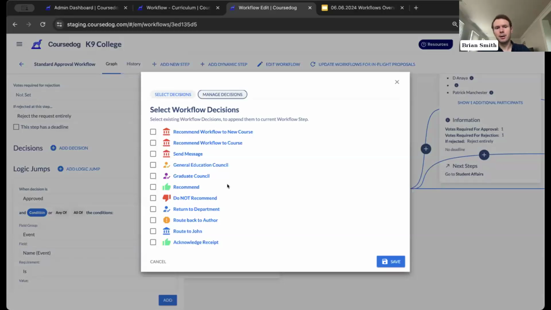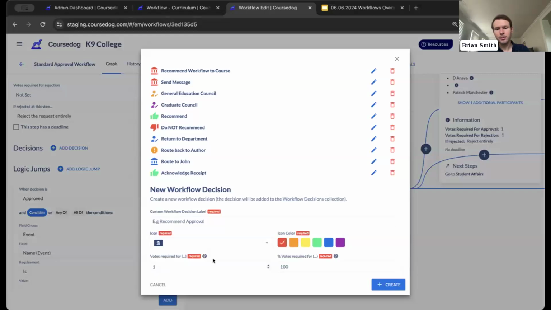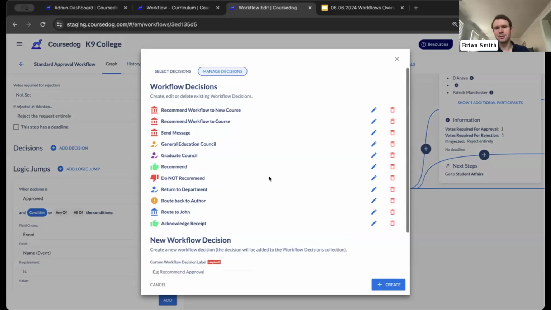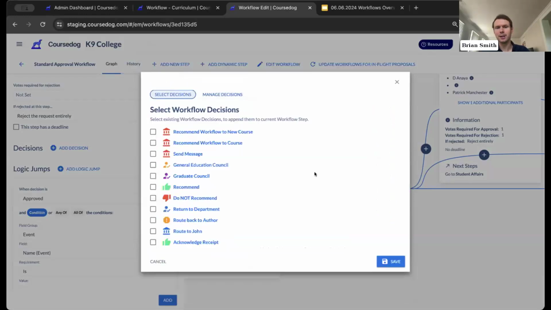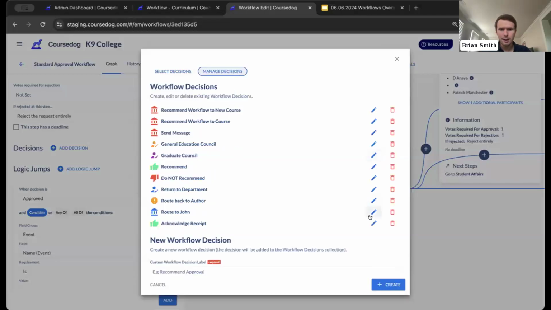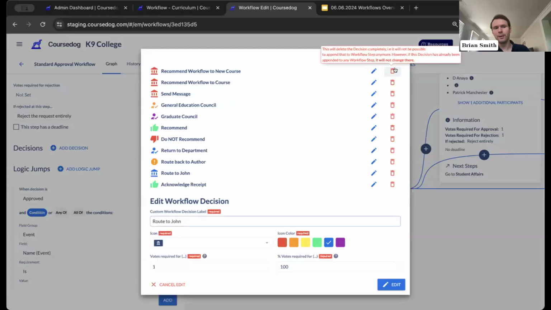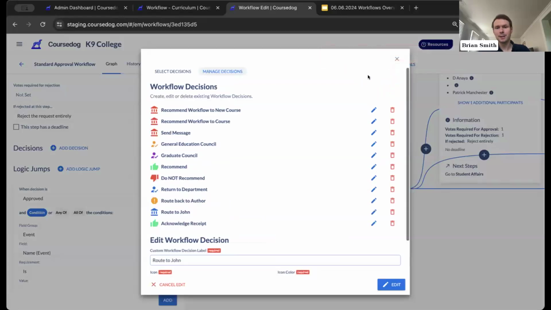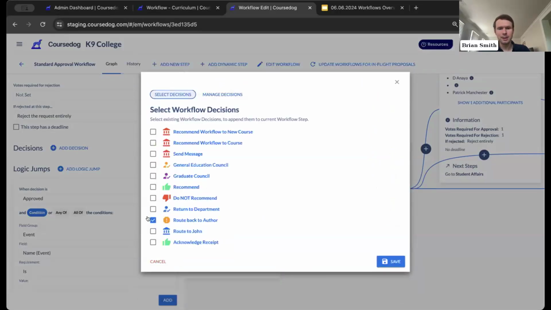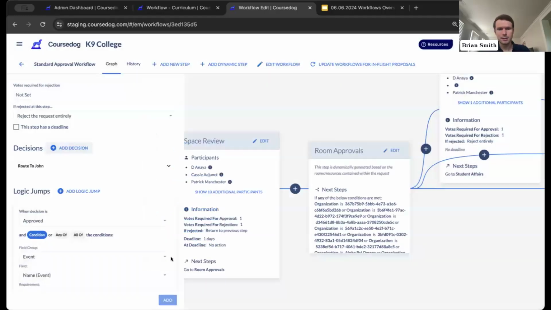I can build out some custom decisions here, determine what they're named, what they look like, what color they have, just some customizations to make it really easy to understand visually. But then I can open up this specific decision here. And let's just use route to John. And I can say, what's going to happen when this decision is applied? So if I want to select this decision, and let's say route to John, save,